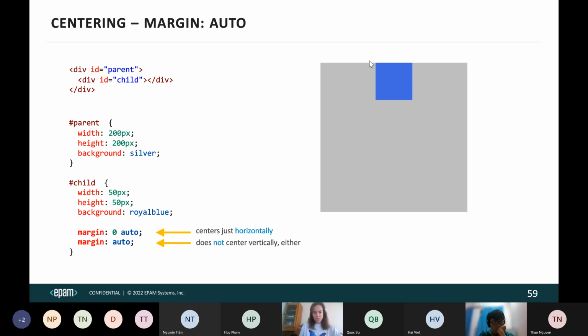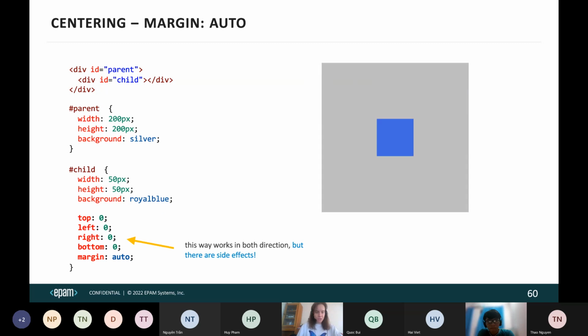So it's just centered from left to right, but it won't be located here in the middle. So it only works in this dimension. What you can also do is set margin auto and all four properties, top, left, right, and bottom,